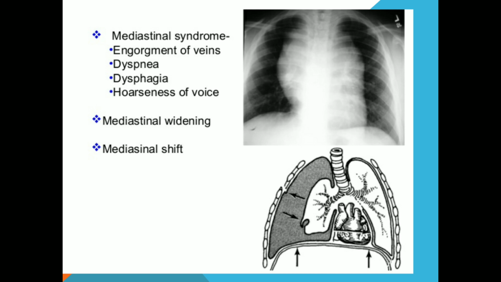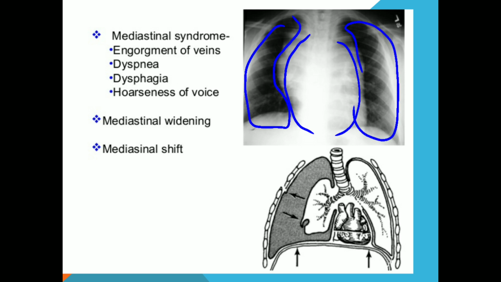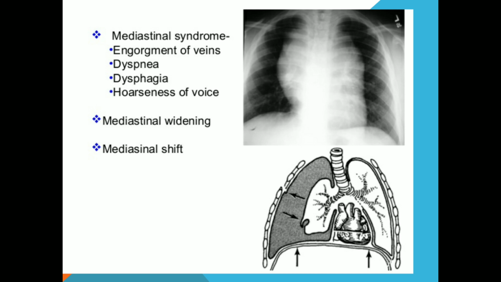Next, what do you mean by a mediastinal syndrome? Can you see the X-ray here? You can clearly make out that this is the heart and the shadow that you are looking at is of the lungs. But when you look at the heart here, it is looking very large. Compare with the normal and the enlargement. You can see the enlarged heart. So this is one syndrome called a mediastinal syndrome. What will happen in mediastinal syndrome? Compression of structures by tumor.